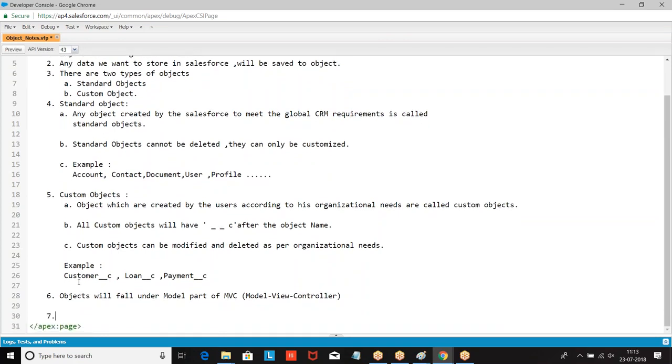Next, every object will have a 3-character unique ID. Based on this ID, Salesforce will recognize the object.